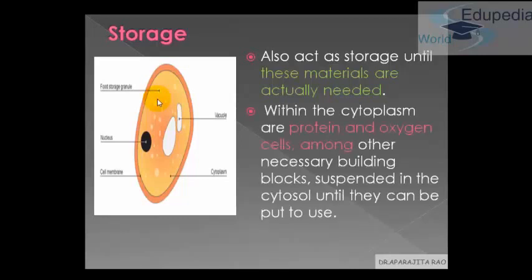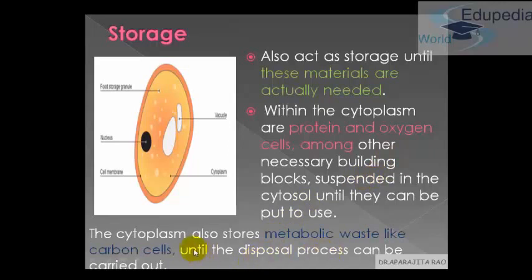What kind of molecules are stored? They are proteins, oxygen, necessary building blocks, even metabolites and waste products. If the cell cannot dispose of metabolic waste right now, it is kept inside the cytoplasm safely. Safely, I mean in a way that it does not mix with the rest of the cell, because then it is all a waste. Otherwise the whole cytoplasm would have a lot of waste inside it, and the cell again has to go through the whole procedure of separating the waste. So a granule is made and the metabolic waste is kept aside, and when the cell can actually dispose of it, it does so.